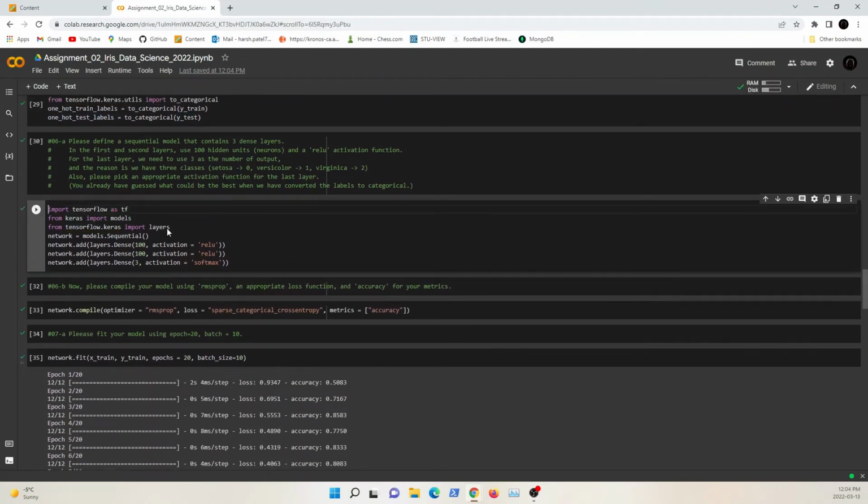Now moving forward, I'm defining my sequential model, which contains 3 dense layers. For that, I'm making a few imports. In my model, I have 3 layers. For the first and second layer, I'm using 100 neurons and the ReLU activation function. For the last layer, we're going to use 3 as the number of outputs. The reason being that for the output labels, we have 3 options, 0, 1, and 2, as mentioned in the